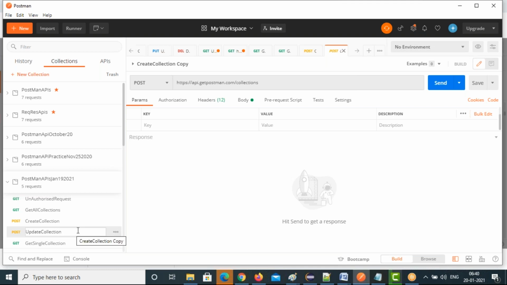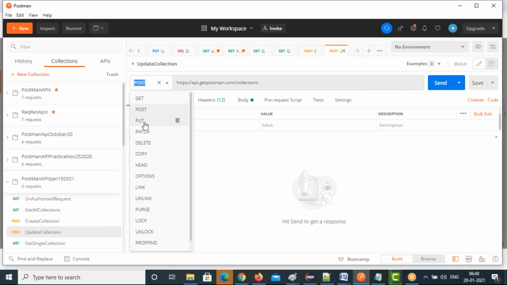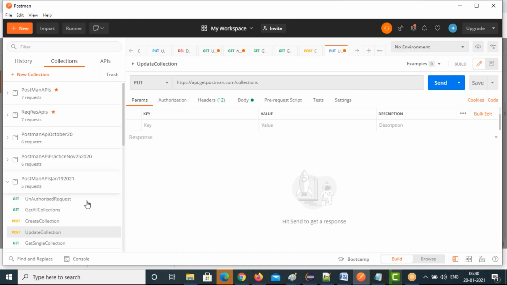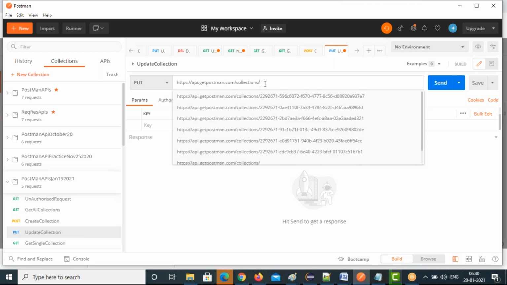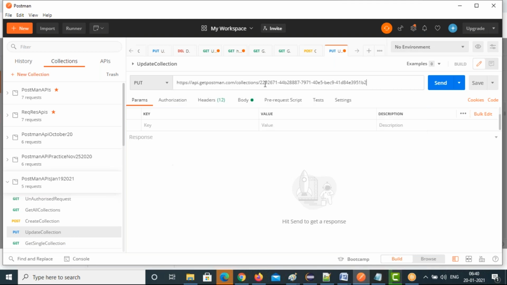For the method, you need to select the put method. See that, the update collection method is changed to put. And here you need to give extra which collection you are updating. The ID you need to give, the UID you have to pass.